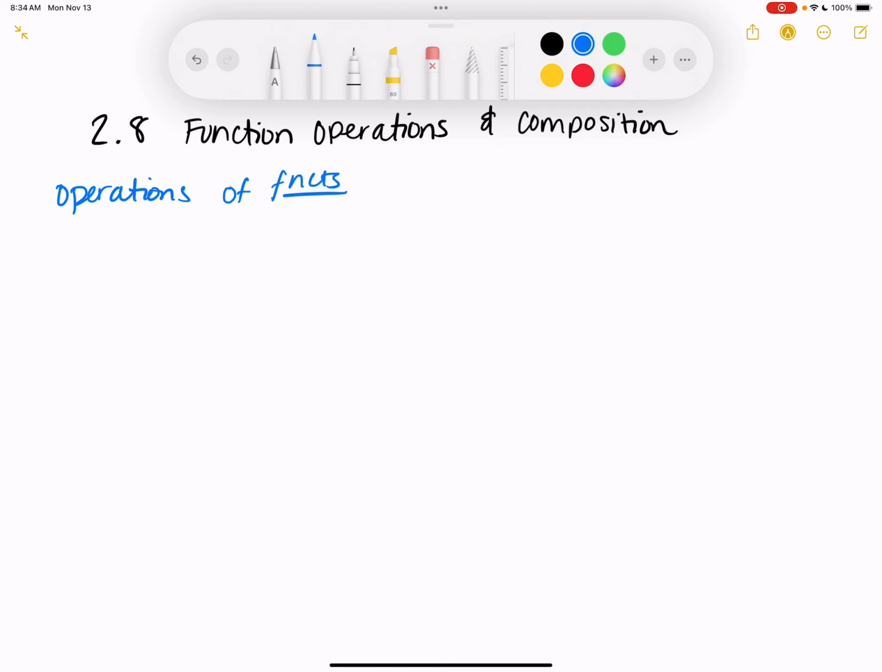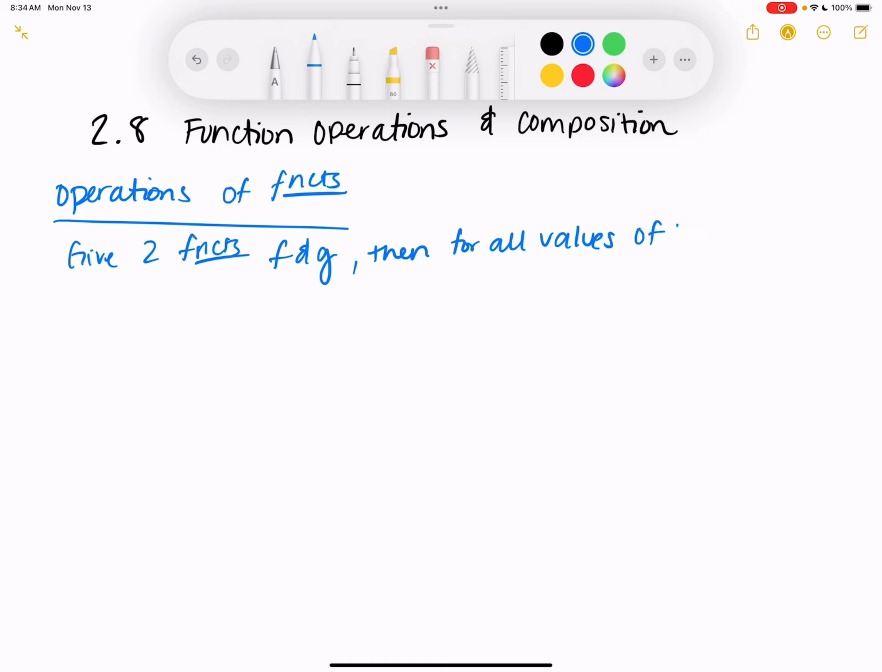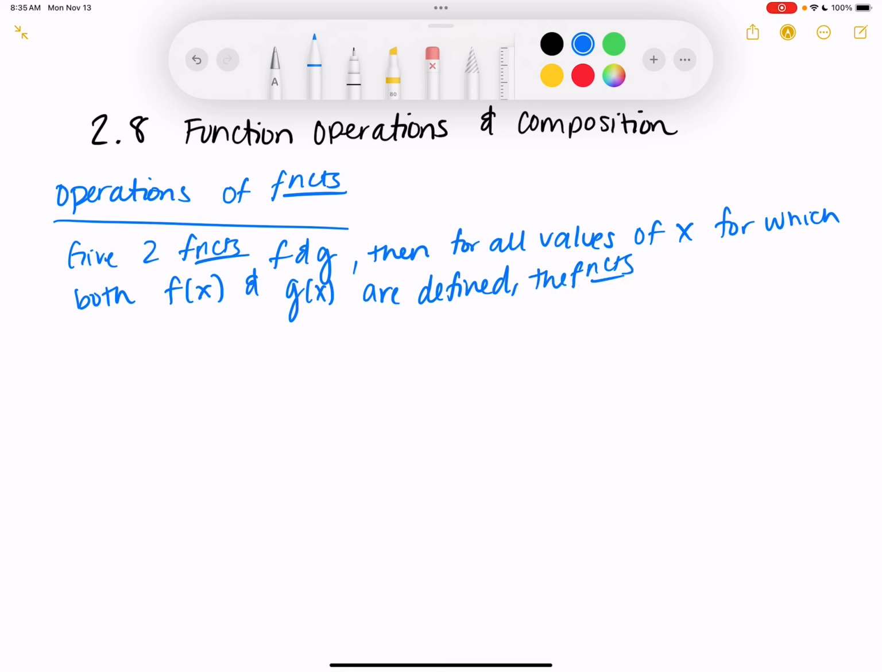So, basically, if we are given two functions, f and g, then for all values of x for which both f of x and g of x are defined, the functions f plus g, f minus g, f times g, and f divided by g are defined as